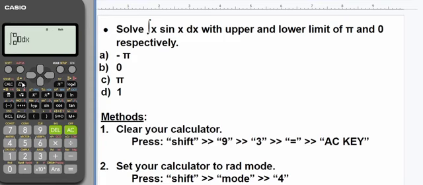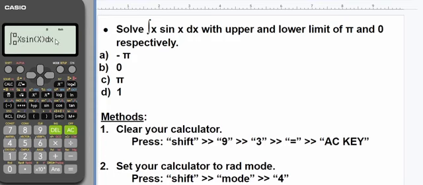So with solving with limits, we have to just press the integral sign and input the question. You press alpha x, because you have x at this point. Then you press sine, then you still have x, so you press alpha x. Close the brackets to make everything balanced. Then your dx is there, telling your calculator that you're integrating with respect to x. That's why your dx is there.